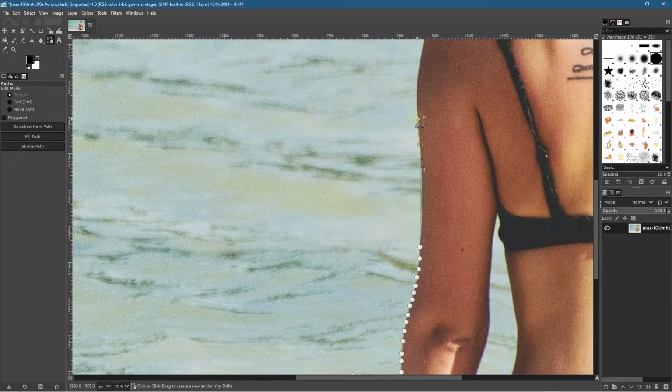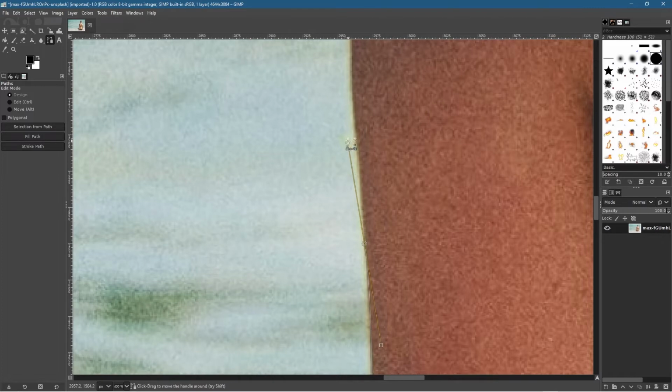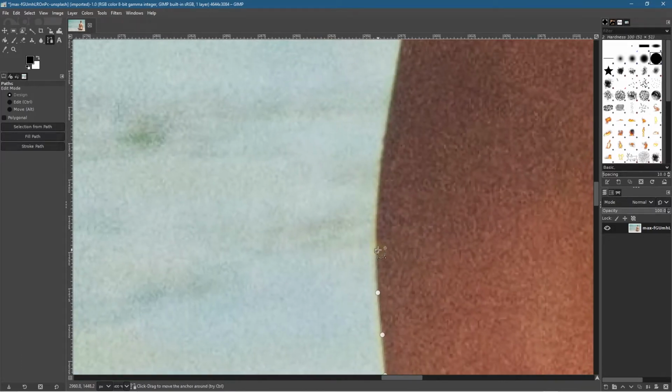Takes a bit of practice, like around here. I reckon that's pretty accurate. And then we can zoom back in, grab this handle and drag it very close to this one, and then just continue your dots. So where you've got long curves, you can use that technique. It really depends on, you know, how accurate you want to be. So we've got a curve here, so we can draw that line to about here, and then drag out that curve, and then drag this dot down here, bring it close, and then continue your